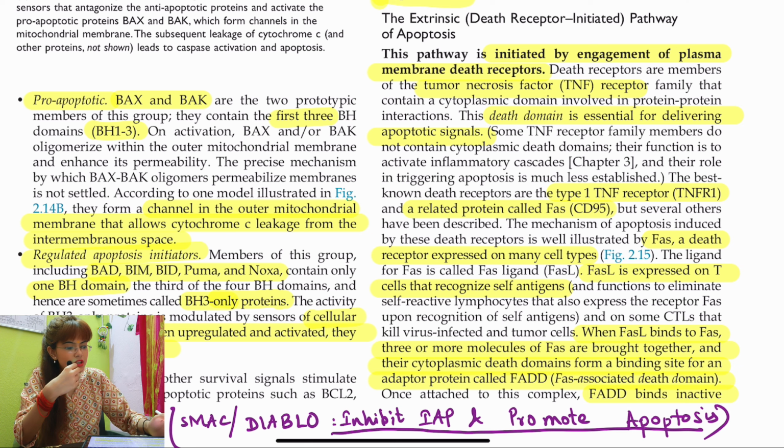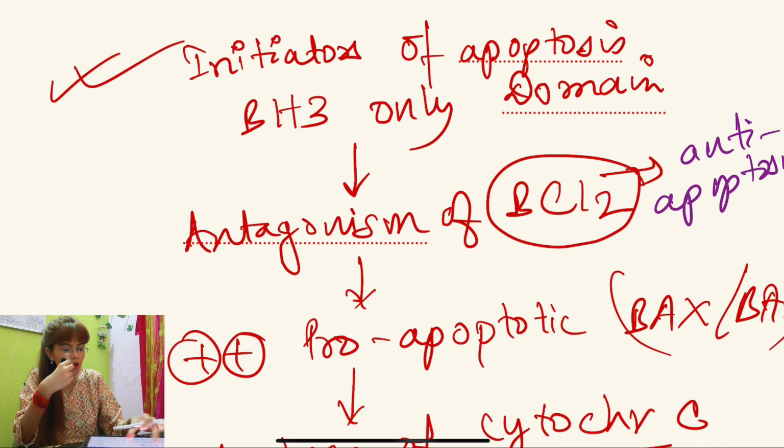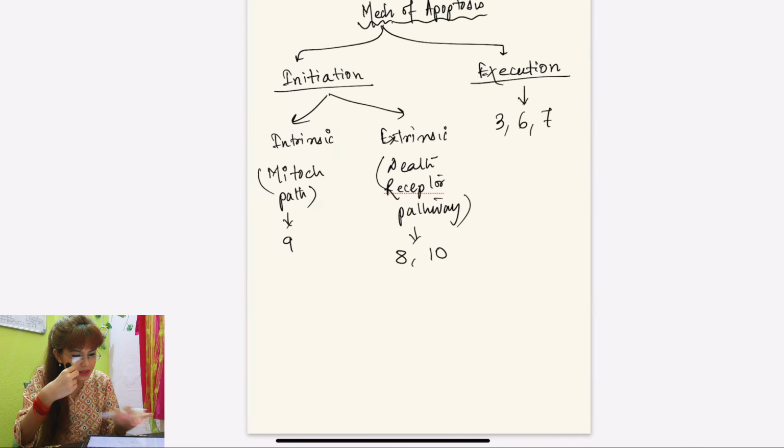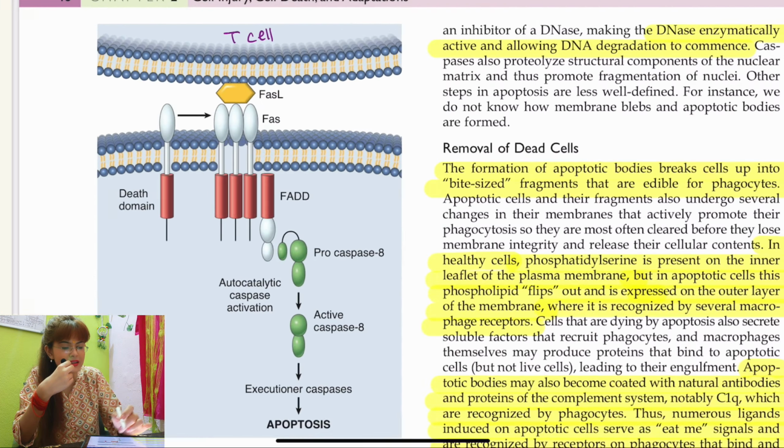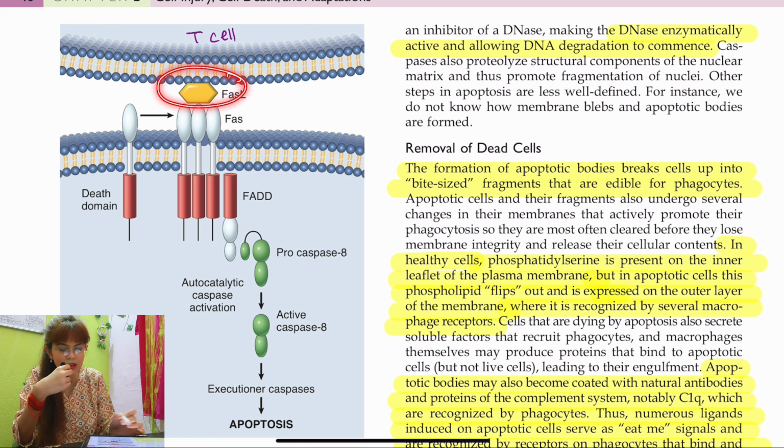This pathway is initiated by the membrane death receptors. Okay? So here there's a death receptor, called the TNF receptor family, and it has a protein called the FAS protein or CD95. This FAS receptor will have its own ligand known as the FAS ligand. So both of them will now combine with each other. So you can see over here, this is a T cell. It has got a FAS ligand with it, and this is the cell which will undergo apoptosis. So it has got this molecule expressed, which is the FAS.